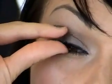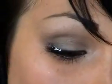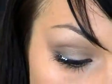So it takes forever for the glue to dry, and then just kind of pinch your lashes and the fake ones together, and then the glue will start drying. And then I get really impatient with the glue, especially when I'm doing a bride's makeup and I don't want her to see these white dots of glue. So I just take my angled brush and, let me zoom out so you guys can actually see what I'm doing again, I'll actually just tap the black eyeshadow right on top,